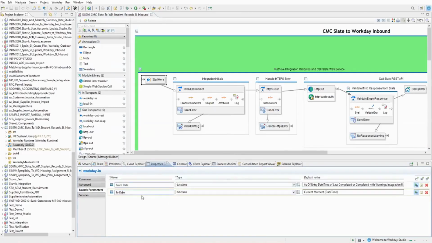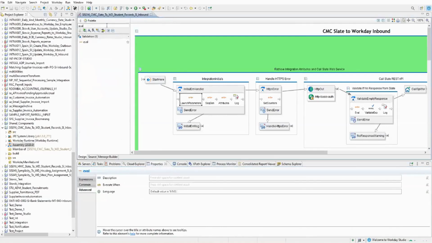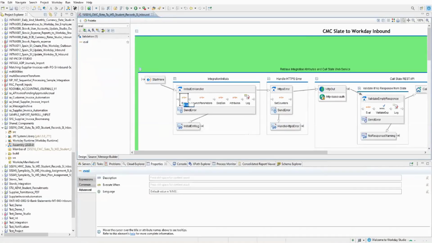So now to use them, the first thing is to fetch that launch parameter in some variable. After Start Here we have this component called AVAL. If you search for AVAL, it will come up and you can drag and drop it. You can rename it whatever you want. In my case, I have given it the name Launch Parameter.